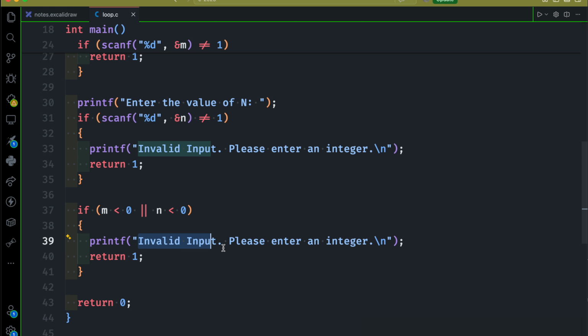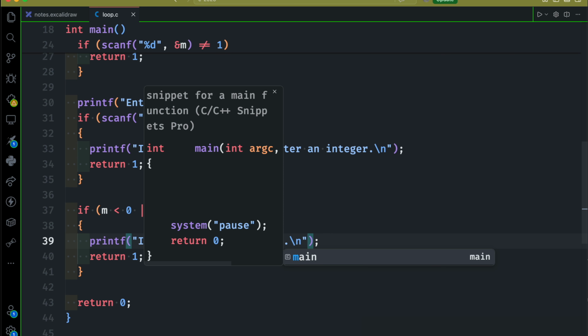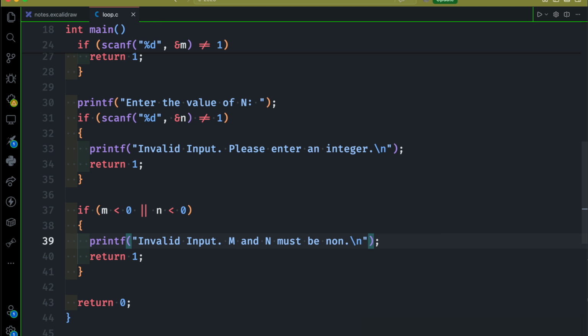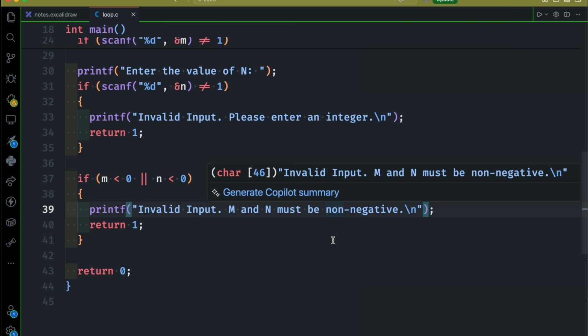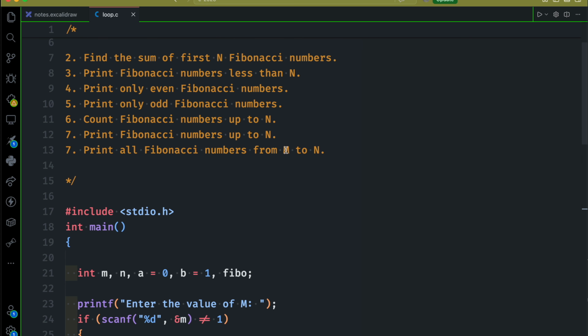So invalid input, m and n must be non-negative. Okay, so we are only looking for the positive numbers. This is done. The next thing, when somebody gives us the range here, let's say somebody starts with saying that